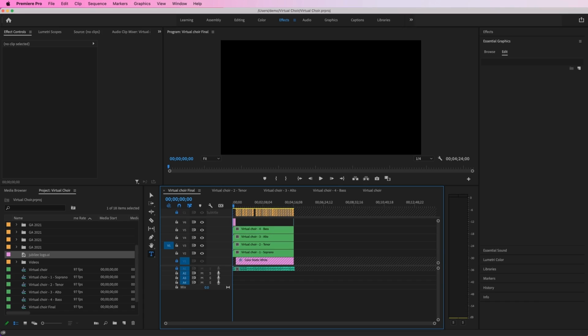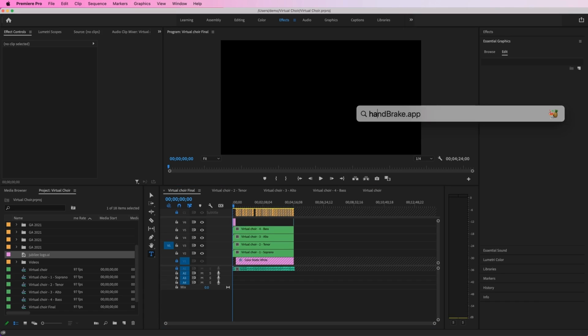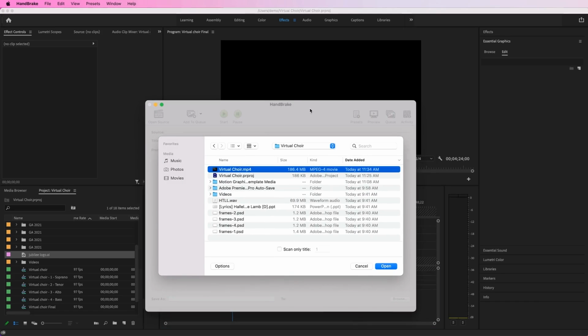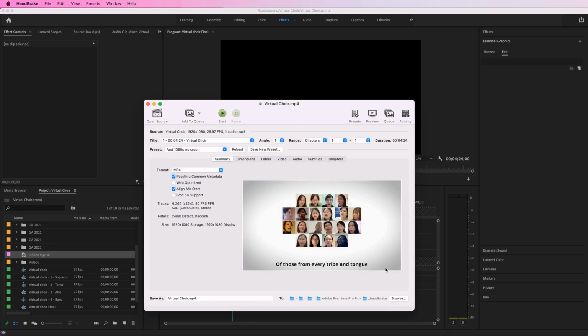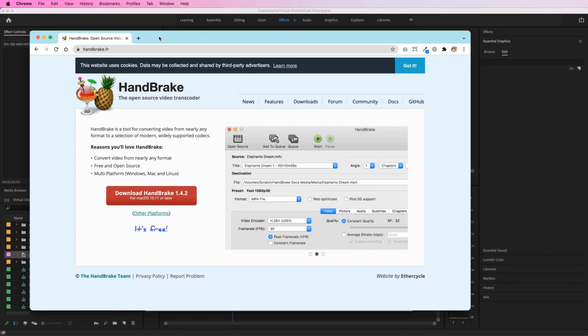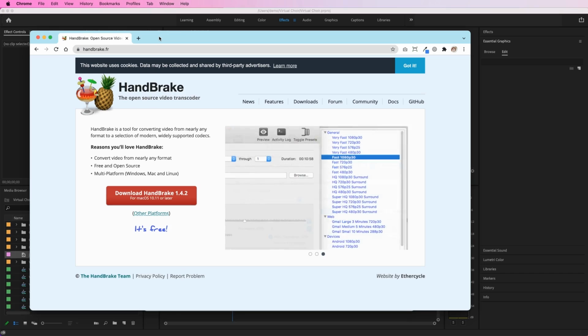And what I actually want to show is, after rendering, you want to compress the video. The app that I use is called Handbrake. So I will just show this example. So I have my Virtual Choir export selected that I've pre-exported, and I will just open that. This is the application handbrake.fr,